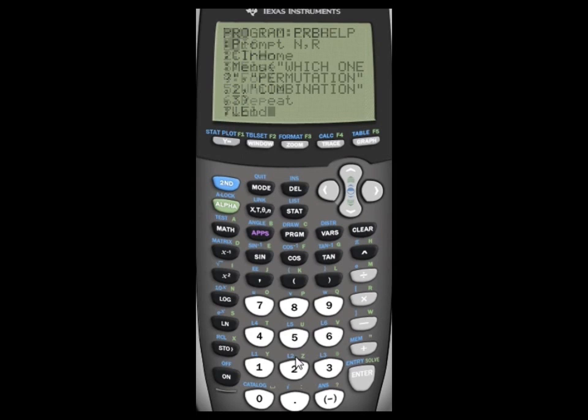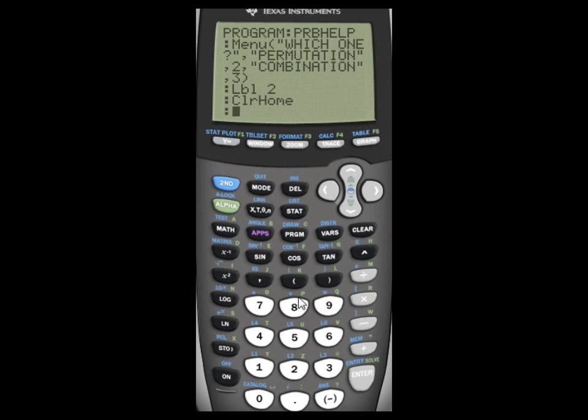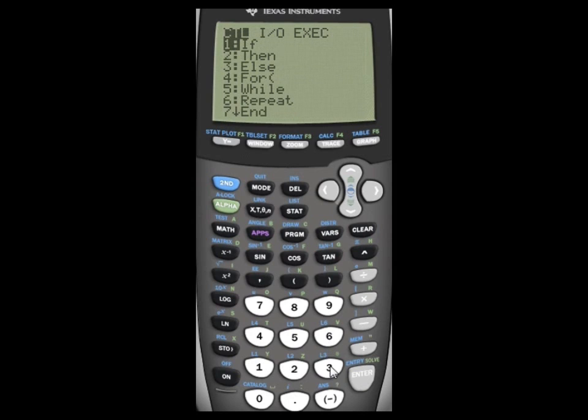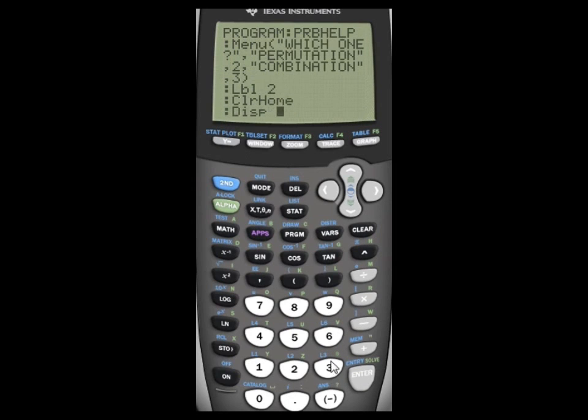So press program and 9 and press 2. Now this is what happens if you press permutation. We're going to program what happens if you press permutation. So go to program, I/O, and ClrHome. Now press program, I/O, and then 3, not I/O 2, it's I/O 3. So Disp, alpha N,